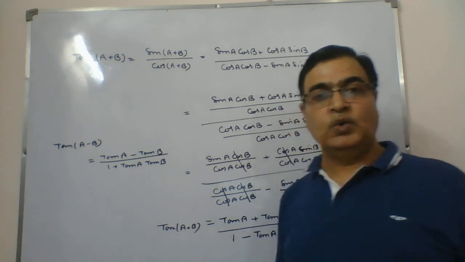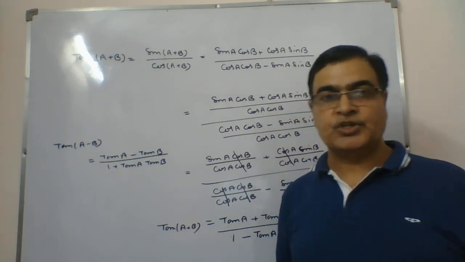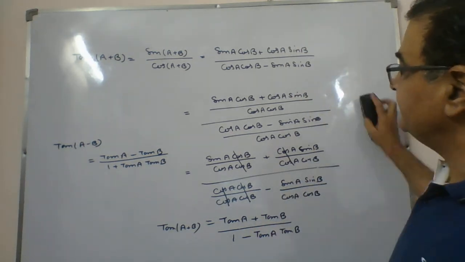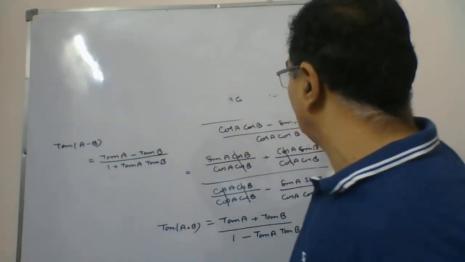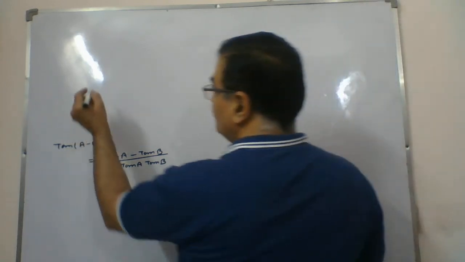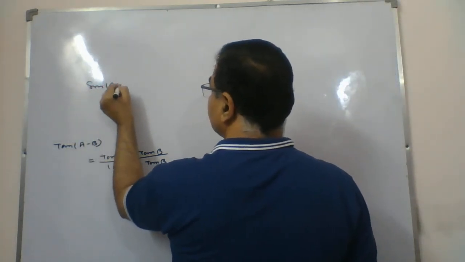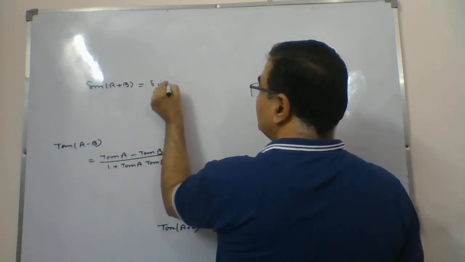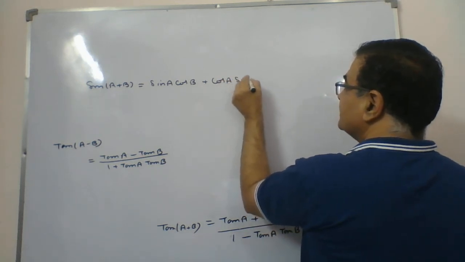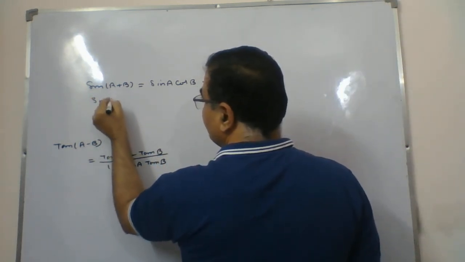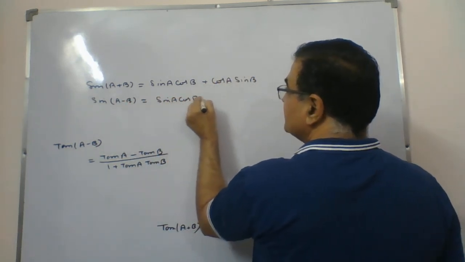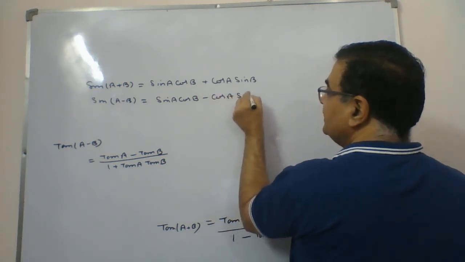So we have done now 6 results to start the questions. 6 results you should remember now. I just revised those results, what were these, and after that in the next video we'll start doing the questions. First formula I told you, sin(A+B). Formula says sin A cos B plus cos A sin B. Then we go for sin(A-B). Formula is sin A cos B minus cos A sin B.